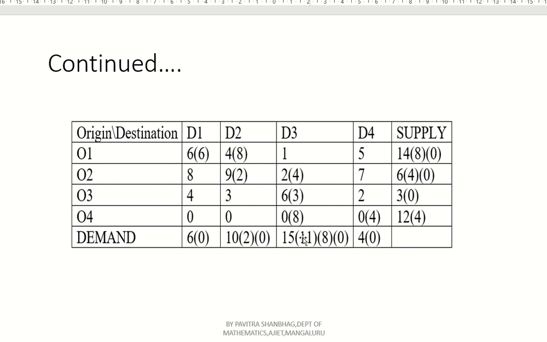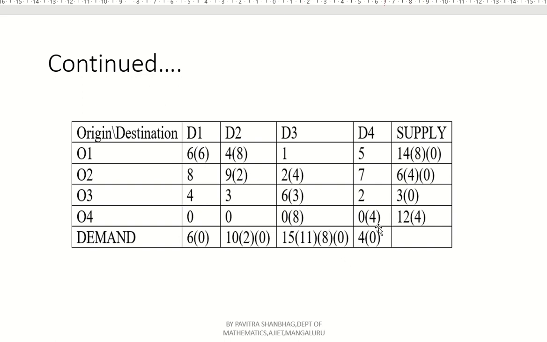Okay, now let us come to 15 and 4. What is the minimum? 4. Assign this to the second row, third column. Now again there is no supply left, therefore we make it vanish, that is 0 here. So the second row also vanished. At the same time subtract this 4 from the demand, 15 minus 4, that is 11 left. Now 11 and 3, what is the minimum? 3. Assign here, then this row also vanishes. At the same time 11 minus 3, remaining is 8.